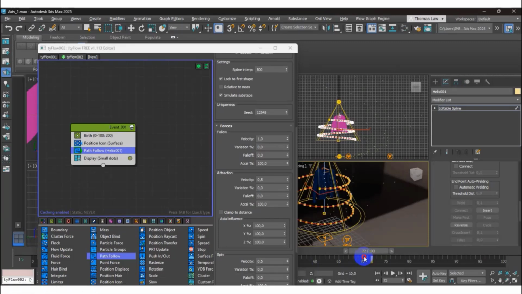You need to attach the path inside TyFlow. So you cannot go to animations, constraint, path. No. The path you can drag from the path follow inside TyFlow. Okay, so you can go to the path TyFlow, and then you can attach which path name.